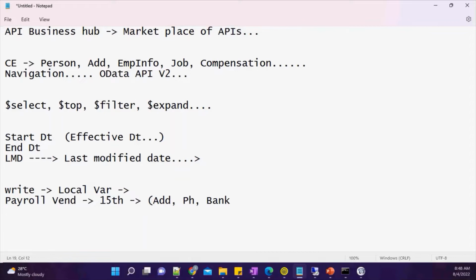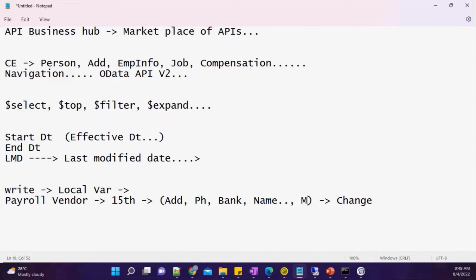So that the salary is properly credited. If there is a change in my bank, I need to send it. If there is a change in my name, I need to update it. These are some of the fields I am expecting in case of any change. I want to send these details to my payroll vendor. Plus some other kind of information might be there.